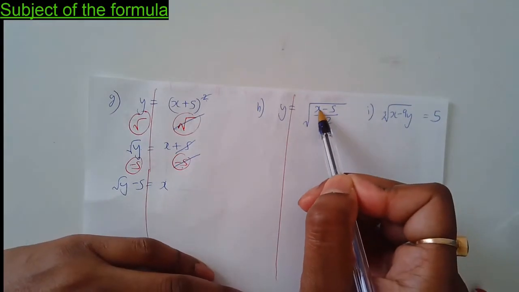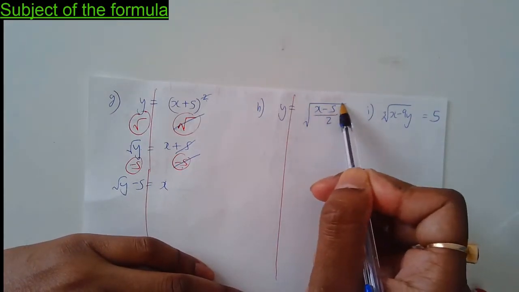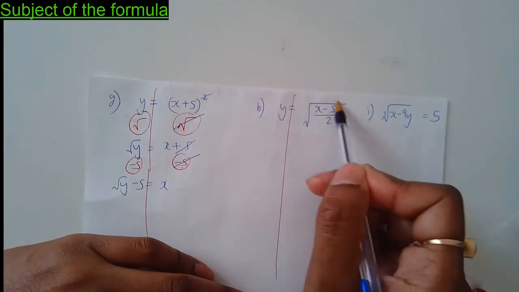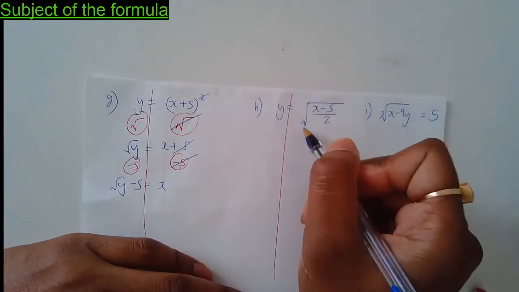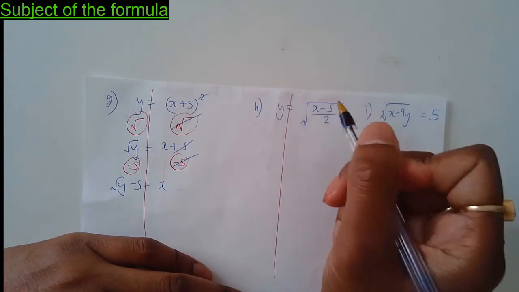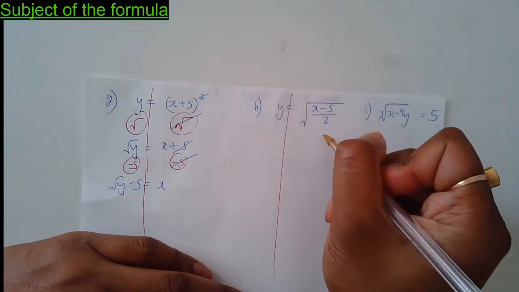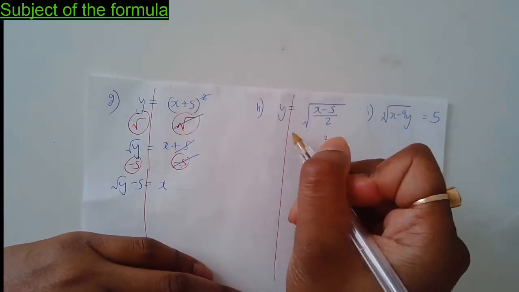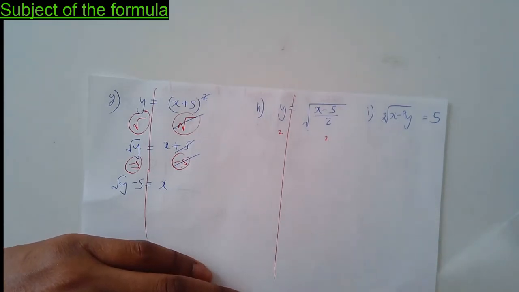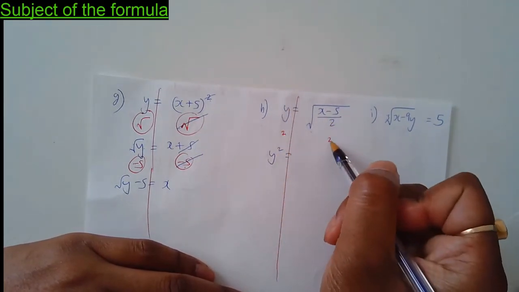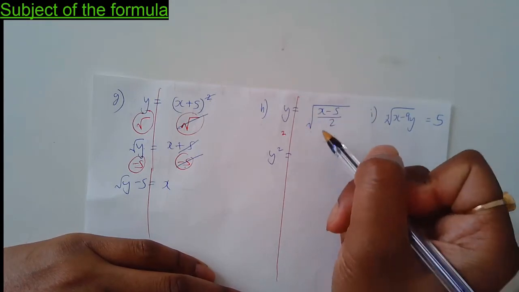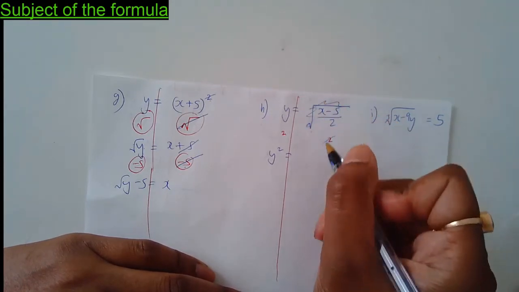Right, there's a seed, and there's a square root surrounding the entire orange. You can just call it orange if you want. That's the orange peel if you like. To get rid of the square root, remember, you got to square. What have you done on this side? You've got to do on the other side. So you're left with y squared. Now that squaring will cancel out square root. So you're left with,